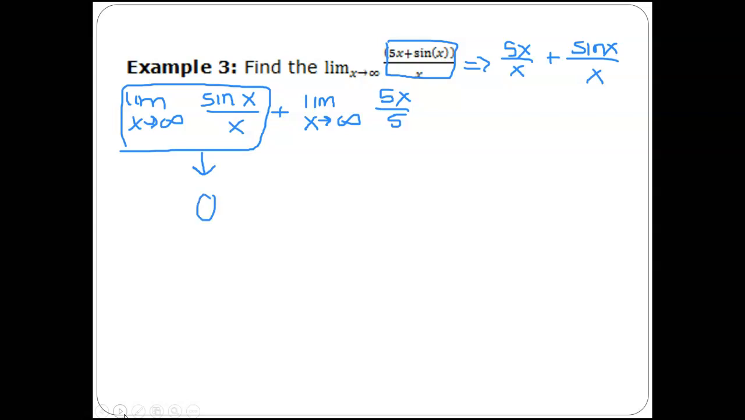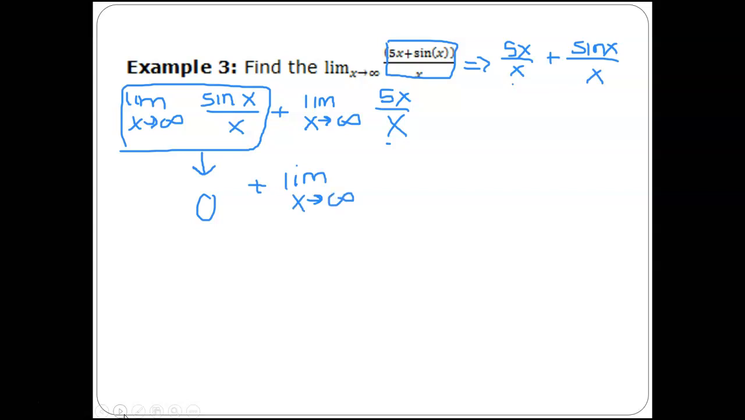What's 5 divided by 5? Or, sorry, I wrote 5 divided by 5. That should have been 5 over x. Sorry, I wrote it correct here. I wrote it wrong there. So not 5 divided by 5, it's x divided by x. So x over x becomes 1